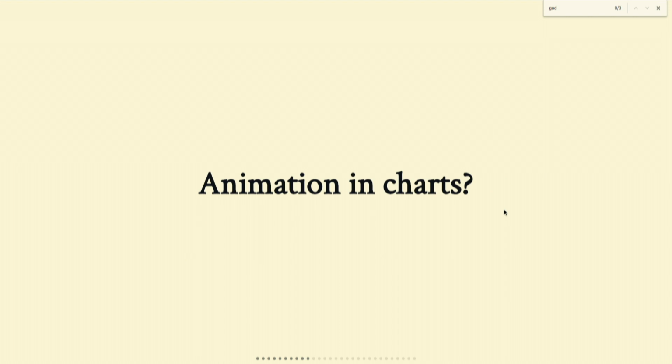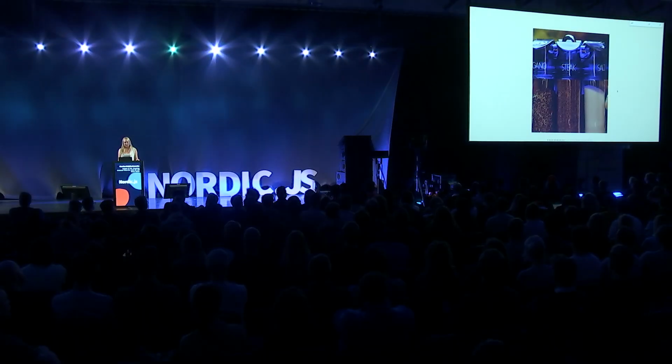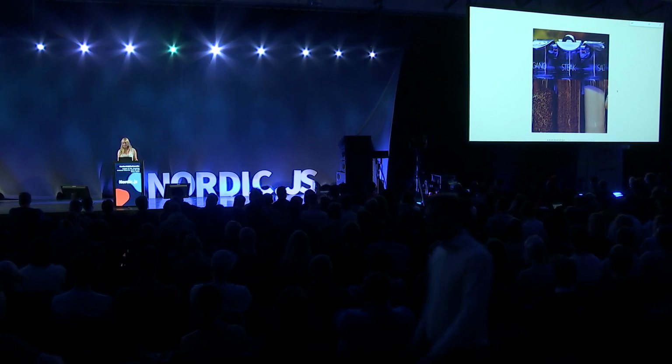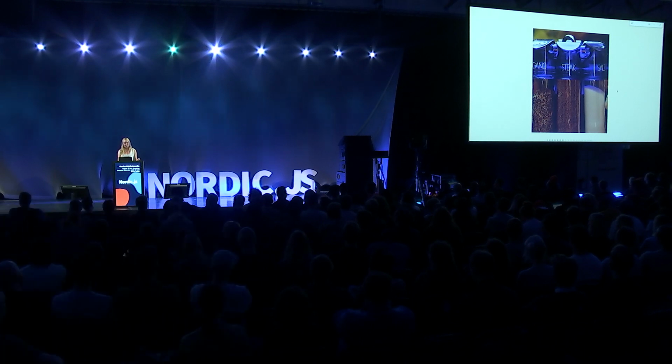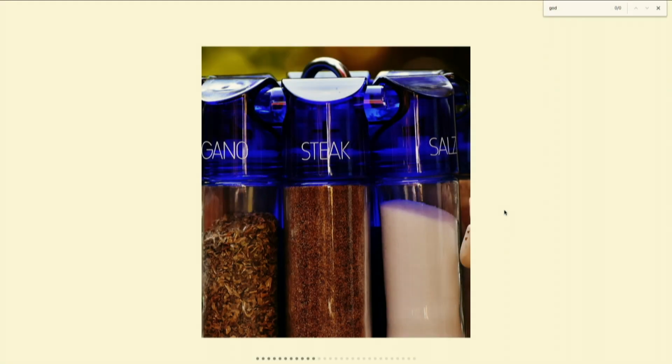So then, how does this apply to data visualization? Well, I like to think about it in terms of salt and spices. Salt and spices really represent two different approaches to applying animation in data visualizations. And just like the balance of salt and spices wins out in the long run in terms of cooking, this balance is a winner when it comes to when and how to add animation into charts as well.